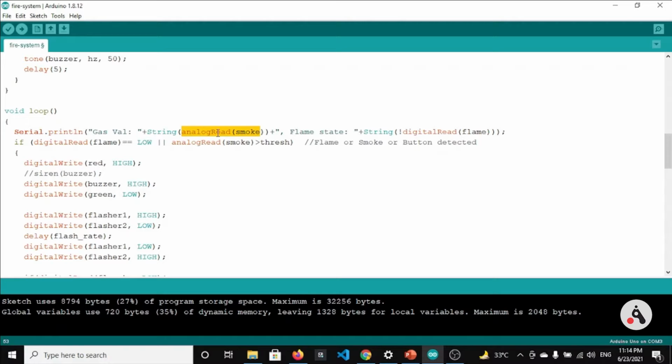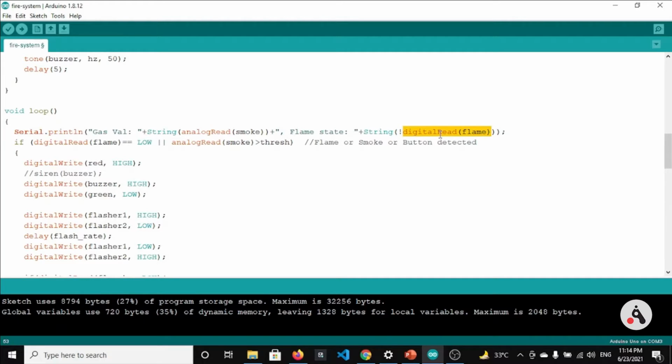This is an analog sensor and we are reading it using the analog read function. The String method is used for typecasting here, so that we can concatenate this string with another part. It returned a number and we have converted it to a string. And for the flame sensor, the value is the negation of the digital read of flame.